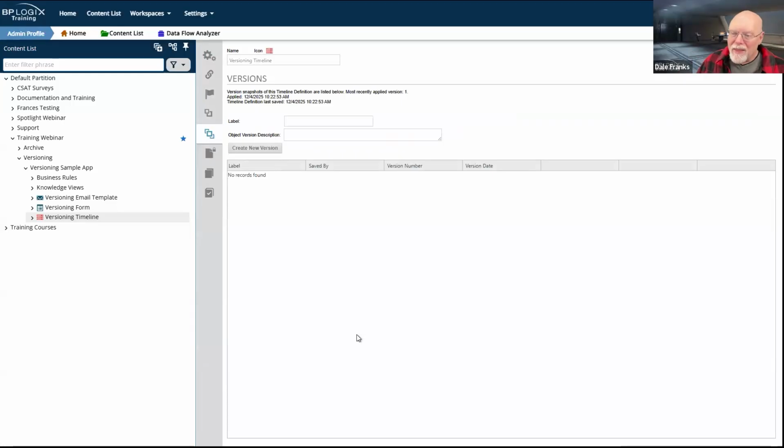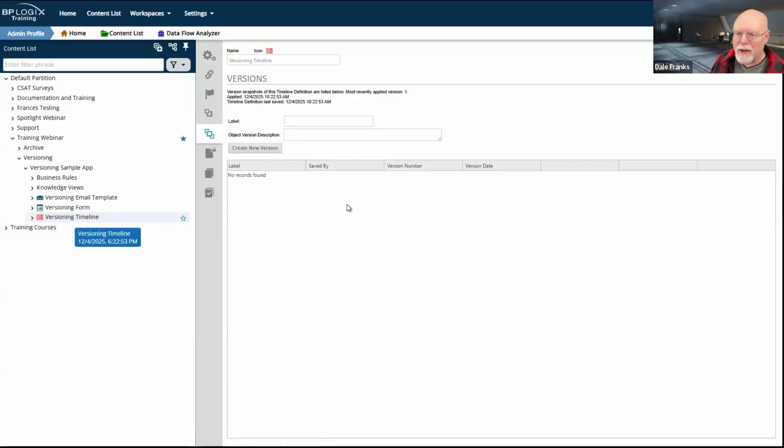So that's where a good argument can be made that, look, I made a change on the process timeline, and I would like to version my individual process timeline with that change. In that case, what your development process would be is, I'm going to make a change to my process timeline. I should have an existing version, but let's say I don't.